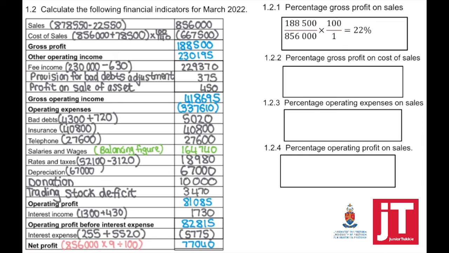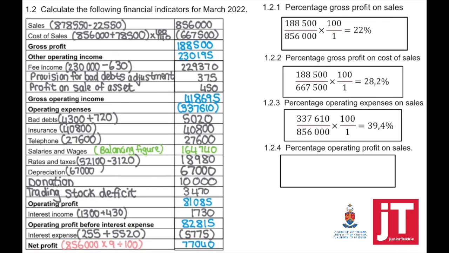The percentage gross profit on cost of sales is your gross profit divided by the cost of sales times 100 equals 28.2%. Percentage operating expenses on sales is your operating expenses divided by your sales